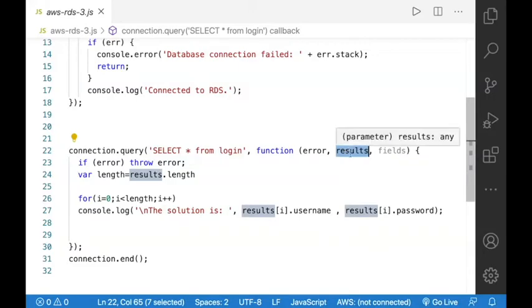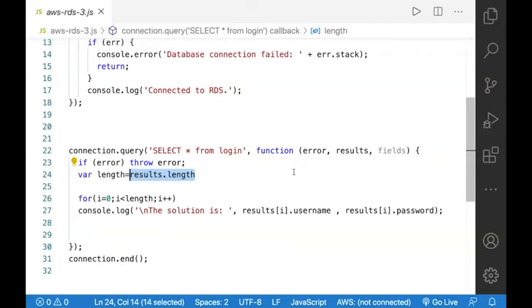First of all, I wanted to know how many rows are returned. So results.length gives you the total length of the result. In the previous example, we have seen there are 3 different rows returned as part of the result. So definitely results.length will return the number 3.